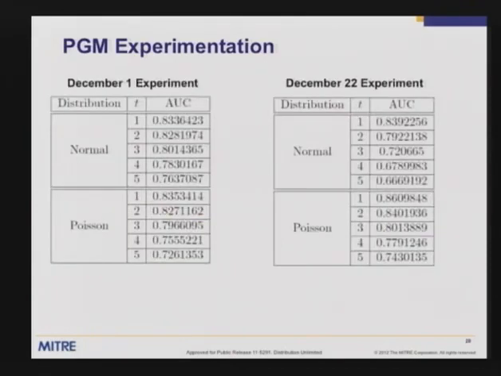So the area under the curve is usually the measure that gives you a general sense of how well it's doing. So these are the area under the curve measures that we'd gotten for the December 1st experiment and the December 22nd experiment. They're not horrendously awful numbers, but they're not great. You'd expect better if we were coming up with a really new algorithm or something. But this was markedly better than the 42% stable we saw for the